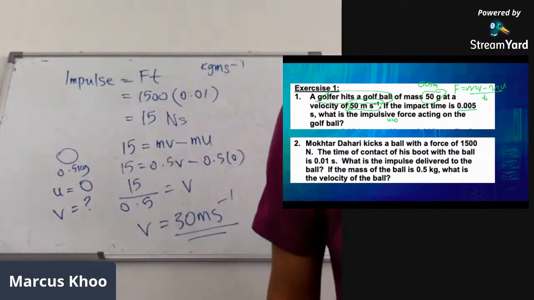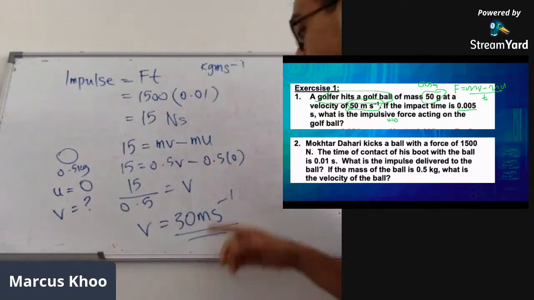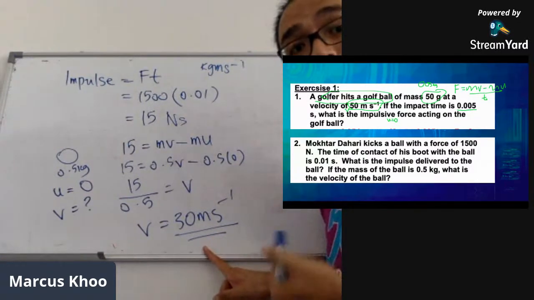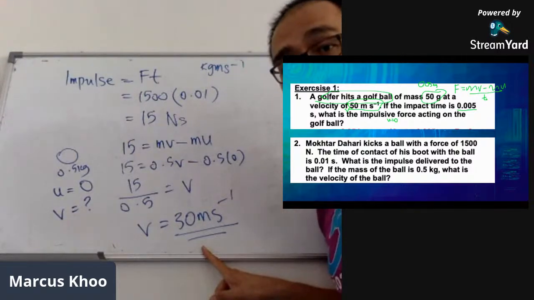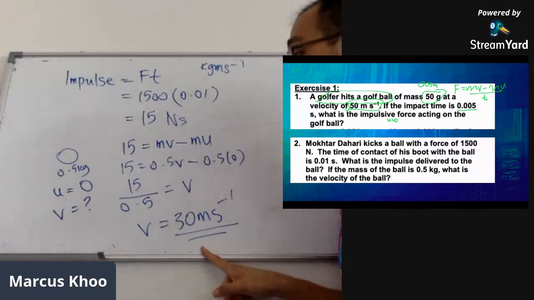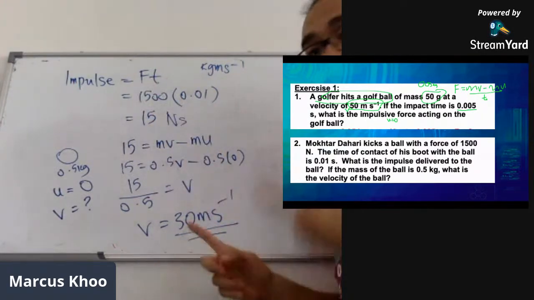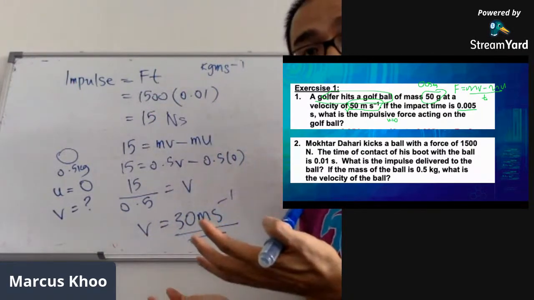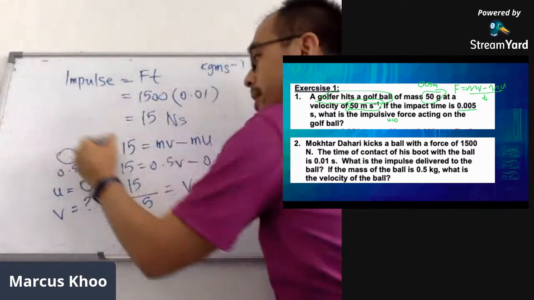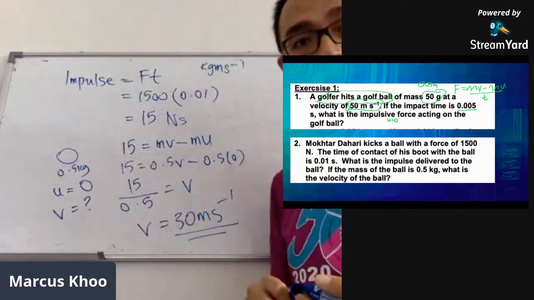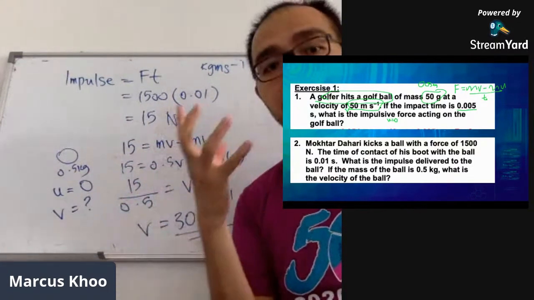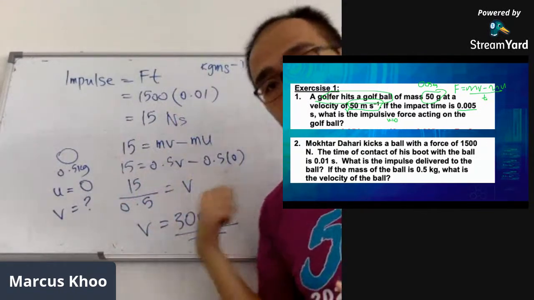Yeah, 30 meters per second. Okay, it's a pretty fast ball, 30 meters per second. 1 second you travel 30 meters. Okay, it's considered pretty fast. Okay, but this is an example of how we use both formulas. So that's why I said try not to immediately jump into this one. Ft equals to mv minus mu. A lot of people get stuck. Know that you can actually separate it and join it back together. Okay, when the time is right.